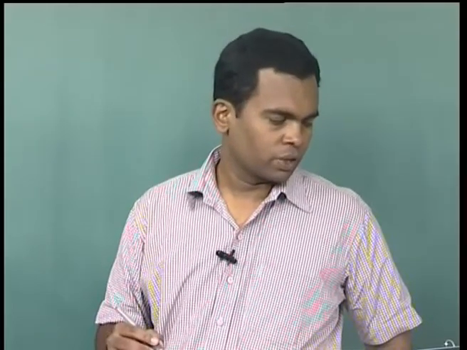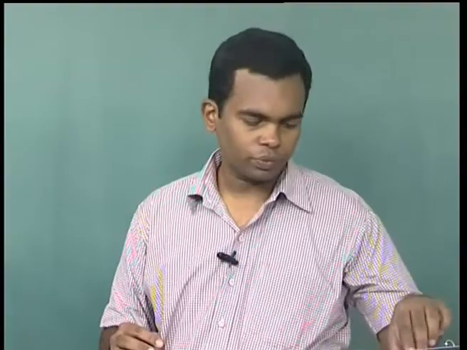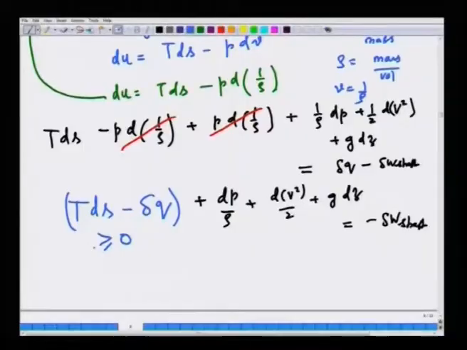For any process that is not reversible, for example, any real flow process, there is a unidirectional conversion of mechanical energy to internal energy, as we mentioned in the loss in the previous lecture. So, this is always greater than 0. So, this is given the symbol delta W loss, viscous losses,